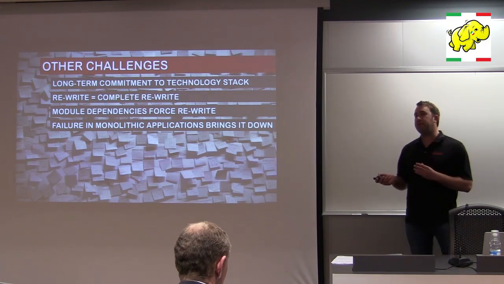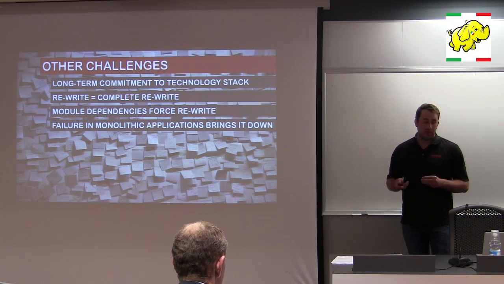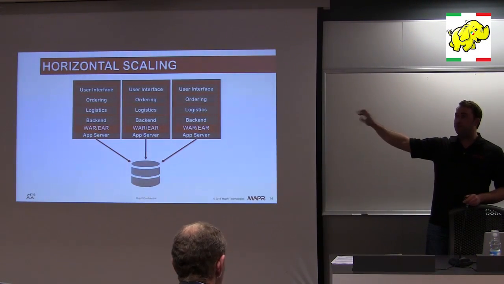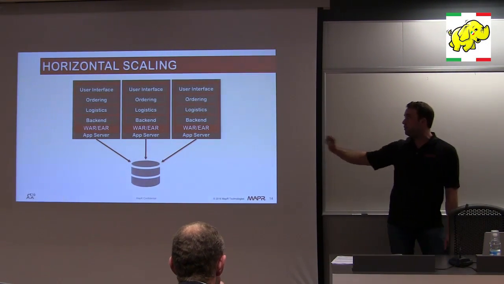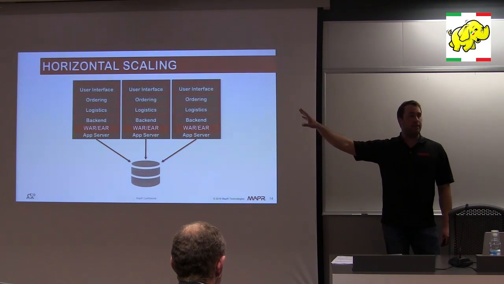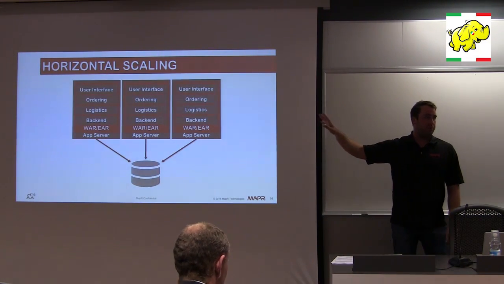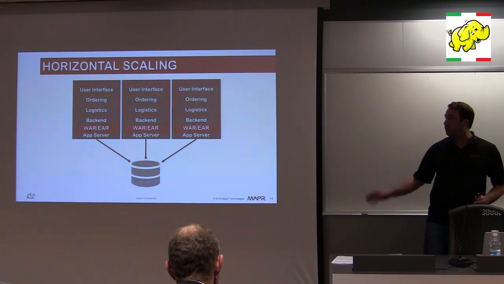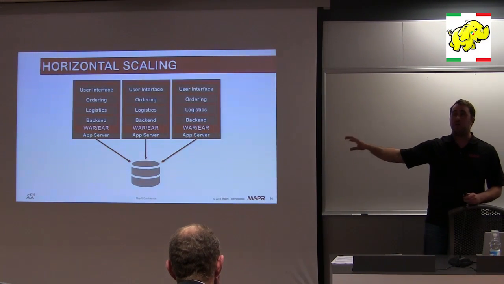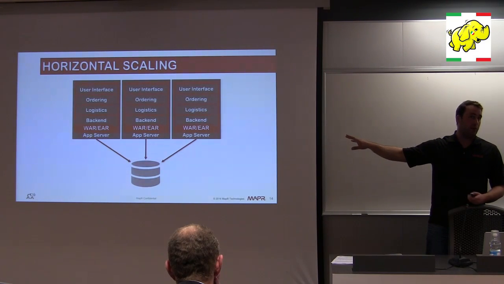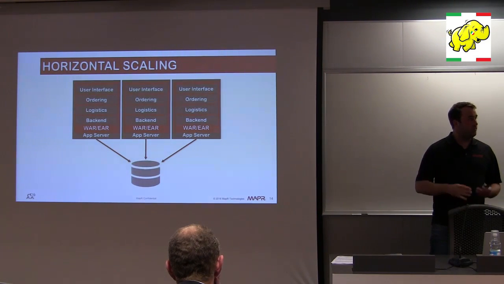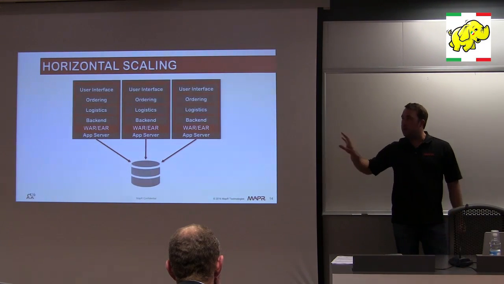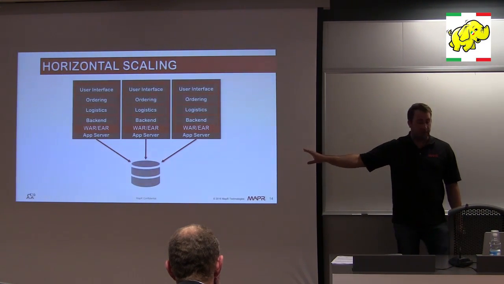Now, the other biggest challenge, and I'll show that in pictures, is the scaling piece. What a lot of people do is horizontal scaling. They say, I have this one database, and I'll deploy the application multiple times. I may put something like a load balancer in to balance the load, but ultimately I'll use the same database, which could become a bottleneck quite soon, especially when we're talking about big data, with more data being generated and more data being consumed. The database becomes a critical bottleneck here.